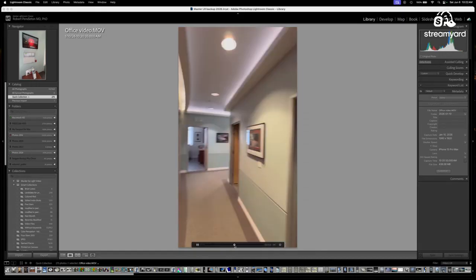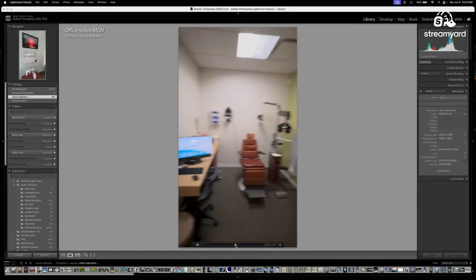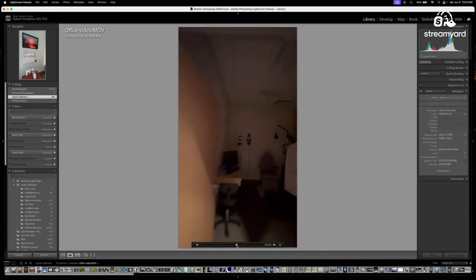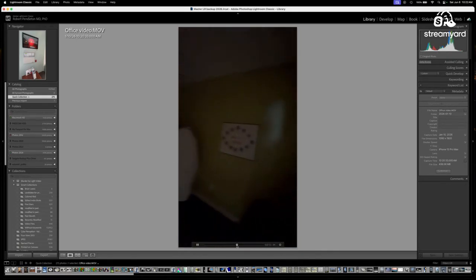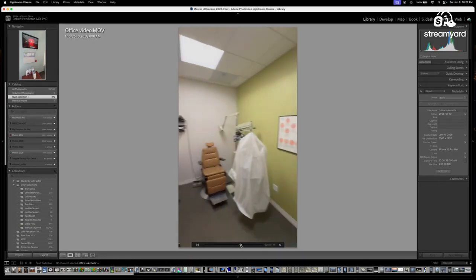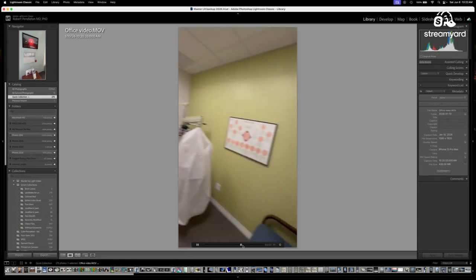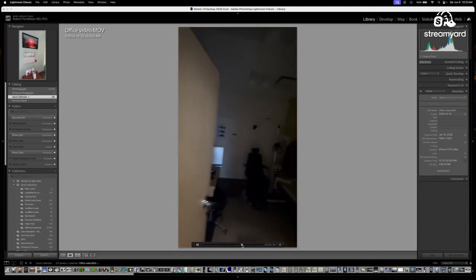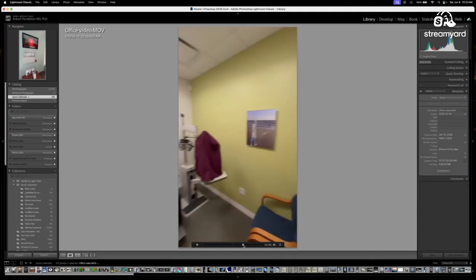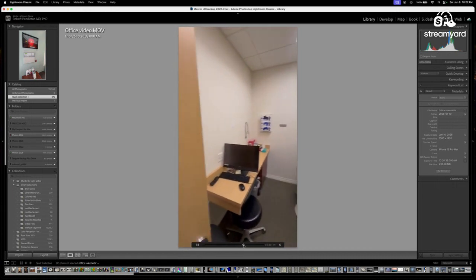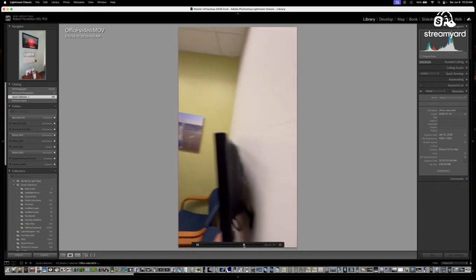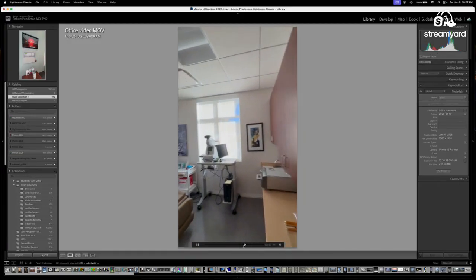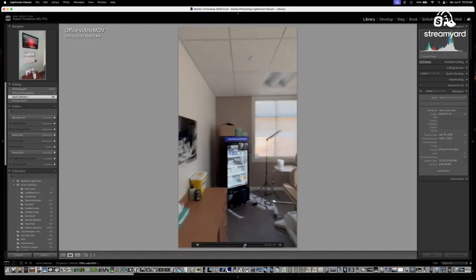I was just documenting more or less the status of the office at that point in time. Another work, another exam room. There's 6 exam rooms total. I'm an ophthalmologist, so this was a minor surgery room.